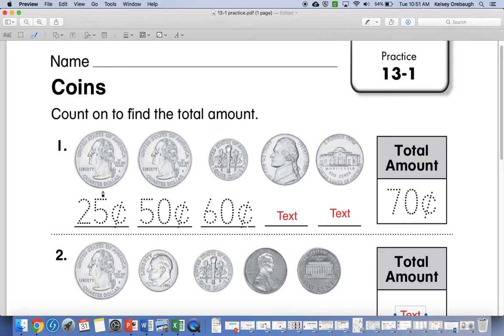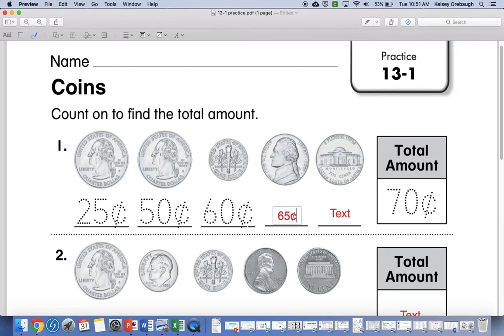2 quarters is worth 50 cents. 25 plus 25 is 50 cents. So we start with 25 cents. Count on 25 more, we get 50 cents. Our dime is worth 10 cents. What's 50 plus 10? 60. Now we're moving on to the nickels, which are worth 5 cents. 60 cents plus 5 more is